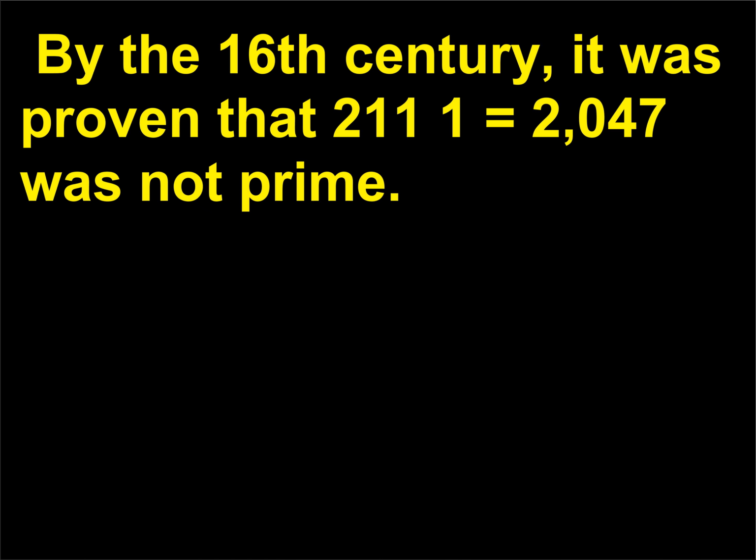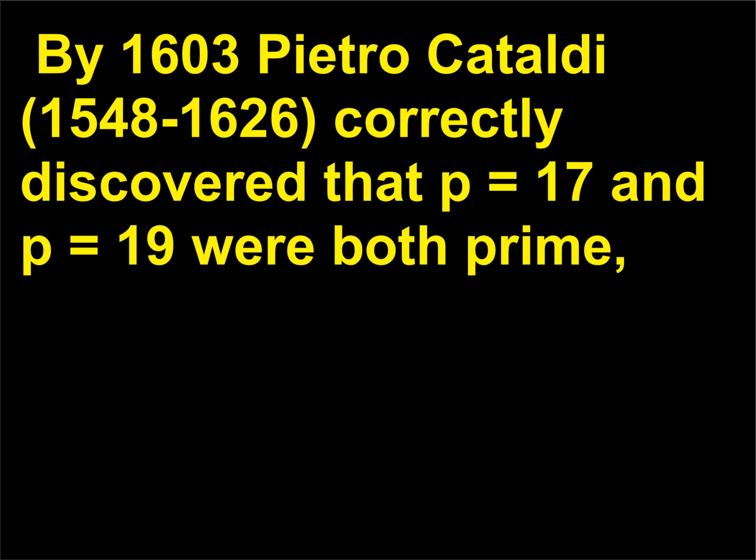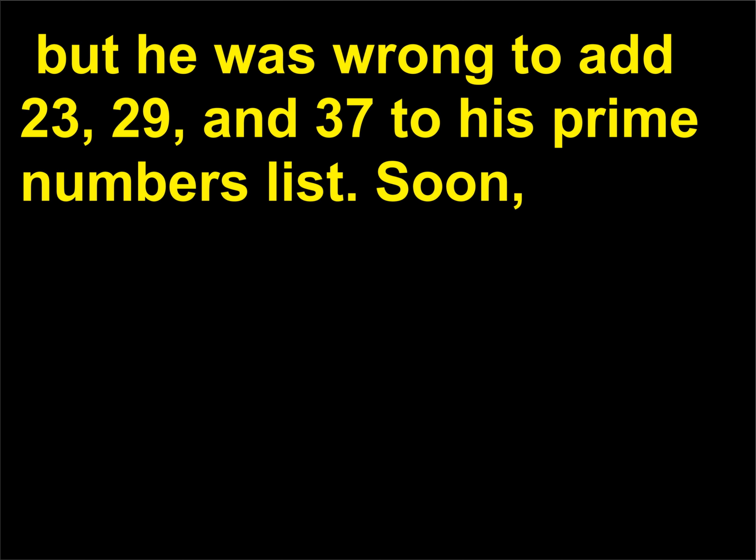By the 16th century, it was proven that 2^11 − 1 equals 2047 was not prime. By 1603 Pietro Cataldi, 1548–1626, correctly discovered that p equals 17 and p equals 19 were both prime. But he was wrong to add 23, 29, and 37 to his prime numbers list. Soon,